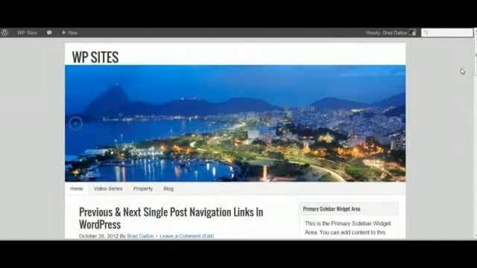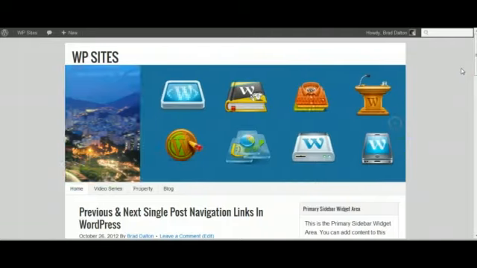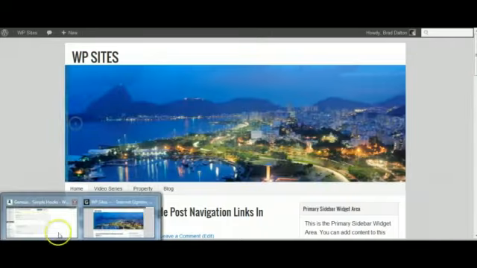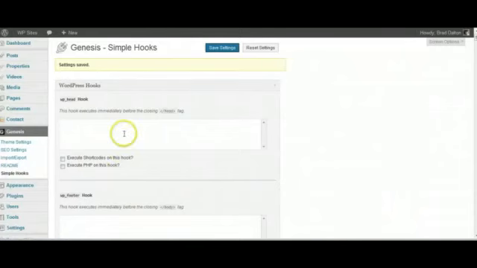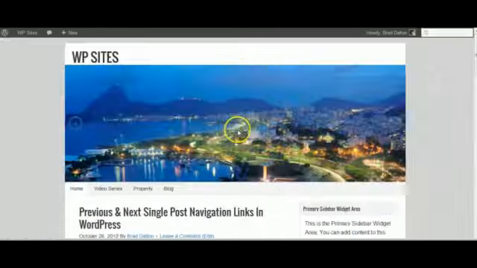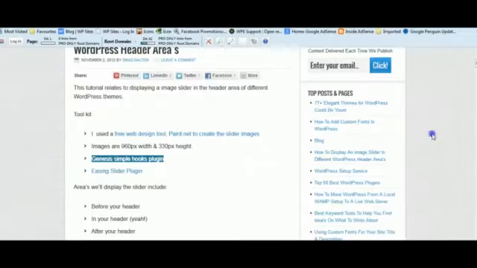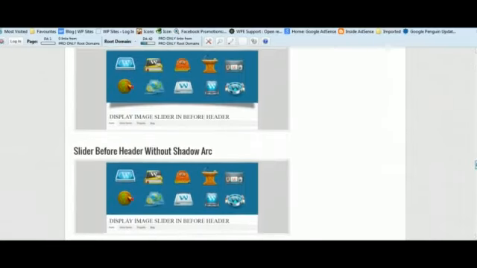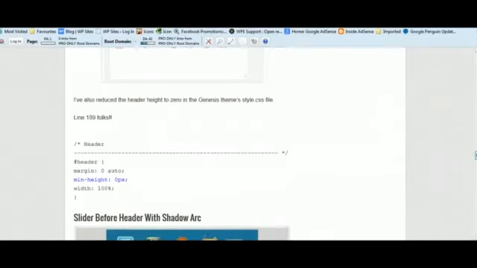So this is why Genesis is so good. It just gives you so many hooks, which are really easy to use. You don't have to understand PHP. You can simply use the code from the different plugin that you're using, and you can just paste it into a hook area and display whatever that code's for. So here's the code here. There's a bit more information that you might find handy. There's a few other things that you've got to look at